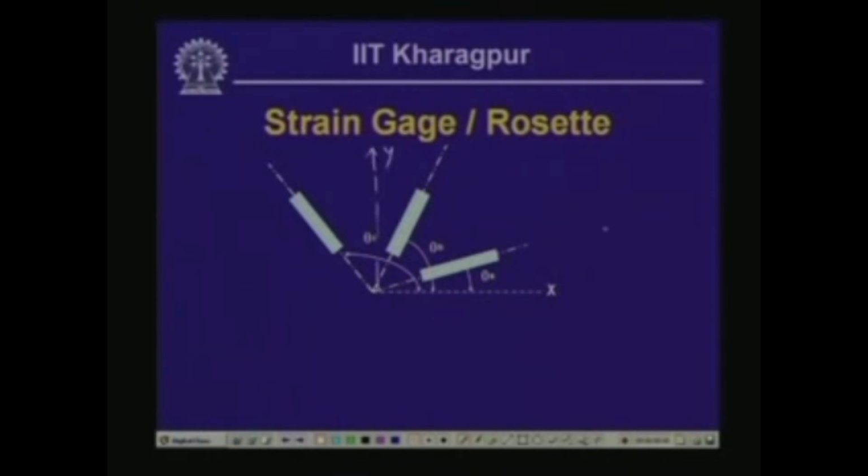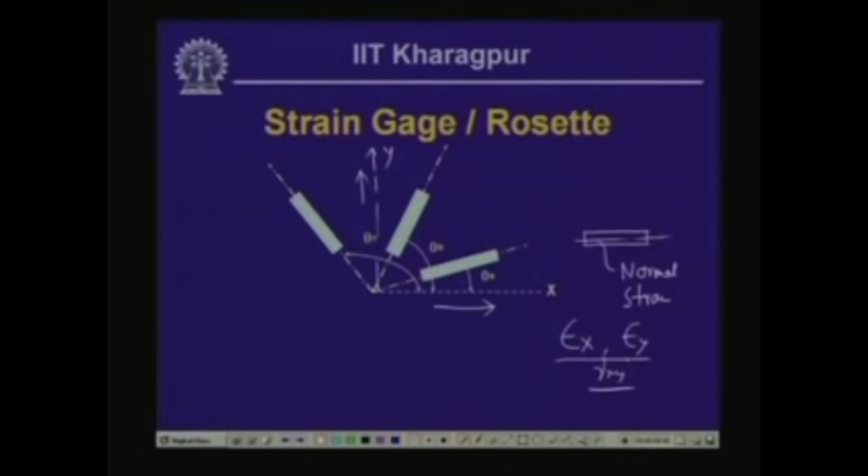Since we can use strain gauges, which can measure the normal strain, as we discussed in the last lesson, if we place these gauges in the x direction and y direction, we can measure the strain epsilon x and epsilon y. But we need three quantities, epsilon x, epsilon y and gamma xy, for evaluating the